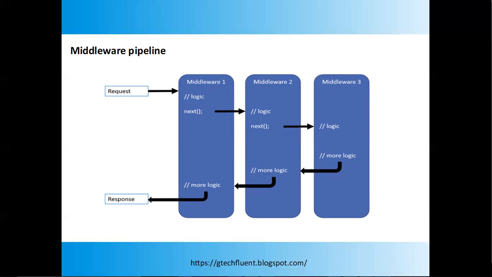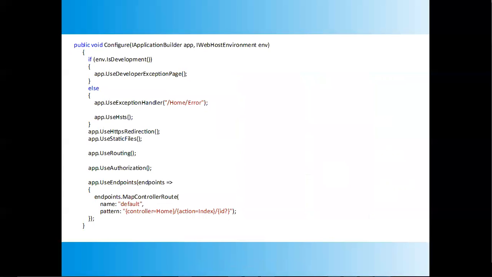You can now relate this with the static file example which we discussed previously. Consider middleware 1 is a logging middleware, middleware 2 is a static file middleware, and middleware 3 is MVC middleware. If the request is made for a static file, then request processing goes till middleware 2, that is static file middleware, and returns back from middleware 2 only, and it will not go to middleware 3. You can see an example of setting up the middleware pipeline in the default website template.